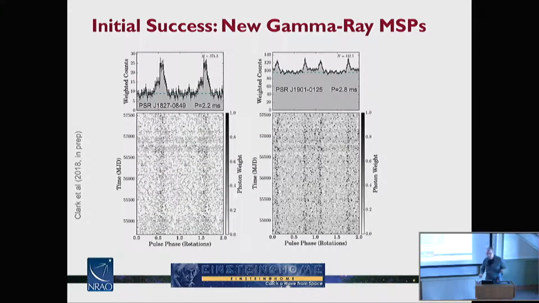So the first thing we're able to do is provide my gamma ray colleagues a position that's accurate to about 1/10 of an arcsecond. They don't have to search over a region now with the Einstein@Home effort, over these regions that are 6 or 10 arcminutes in extent. I can tell them exactly there's a steep spectrum source at that location. Go search. And they did, and we found 2 immediate pulsars at gamma ray energies, 2.2 milliseconds and 2.8 milliseconds, all based on the steep spectrum and the position that I gave them.